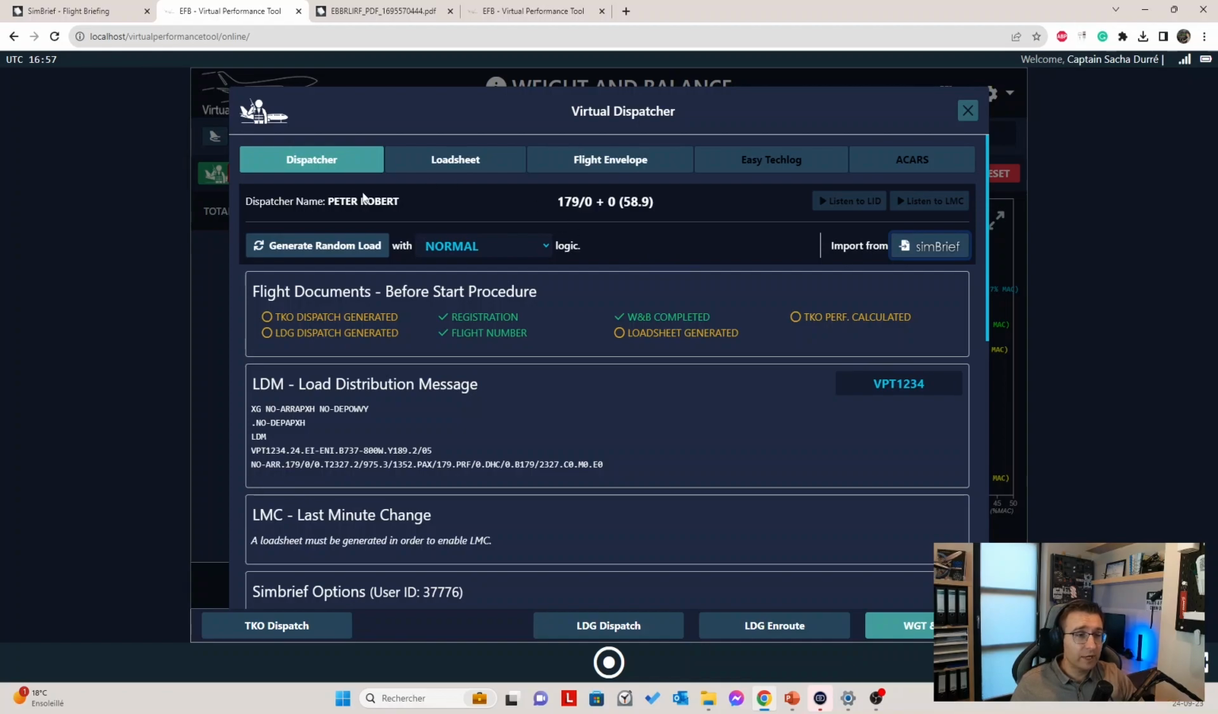So as you can see, we now have a dispatcher name, Peter Robert, as we are flying from Brussels. This is a common name in that region. We have the passenger load here, 179 adults, no infant and no children, for a zero fuel weight of about 58.9 tons. As you can see, a lot has changed as well in the flight document,